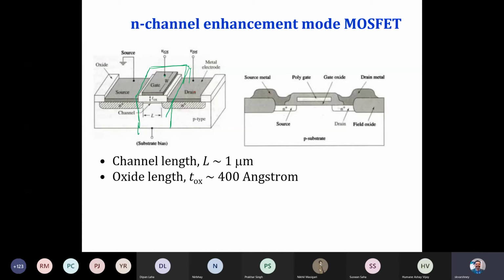Like in BJT, we have a base, emitter, and collector, right? In the same way we have a source, gate, and drain, and the substrate, which sometimes we call the body.